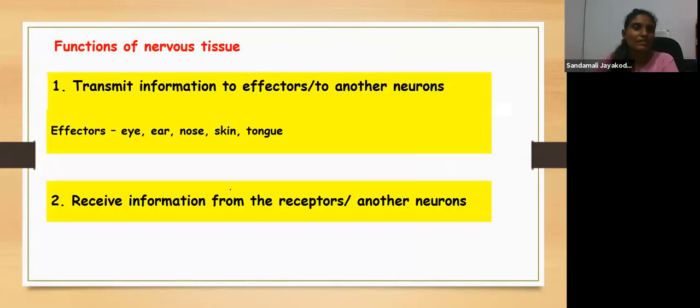Then the functions of nervous tissue. As we know, it transmits the information to different